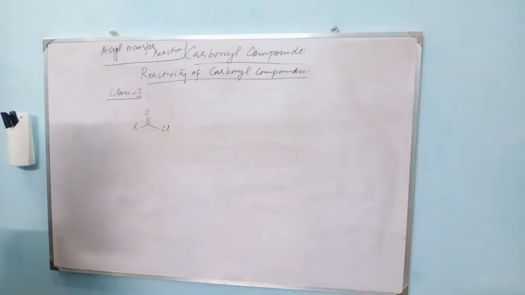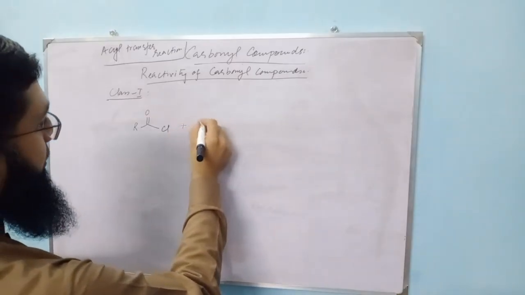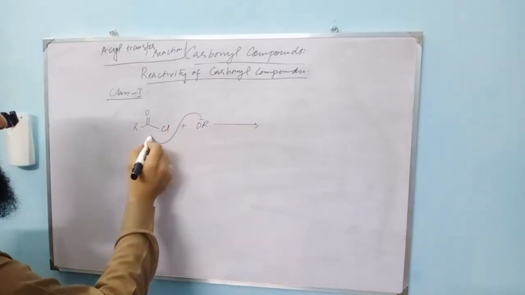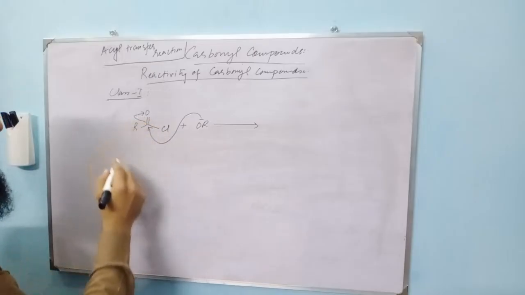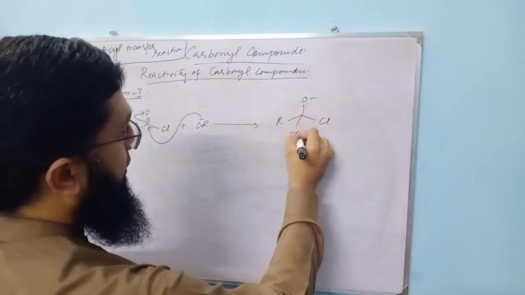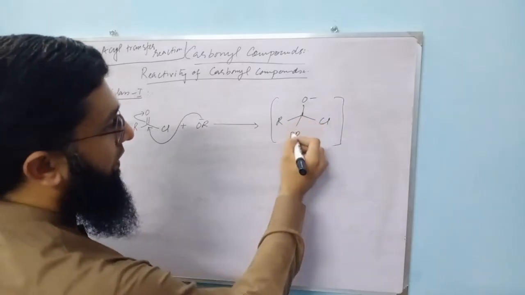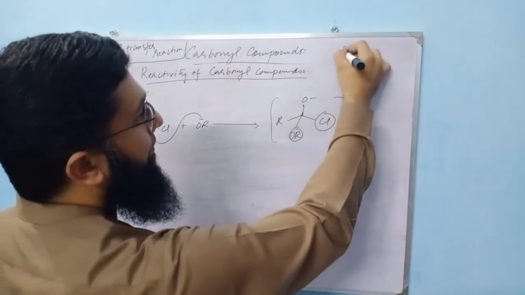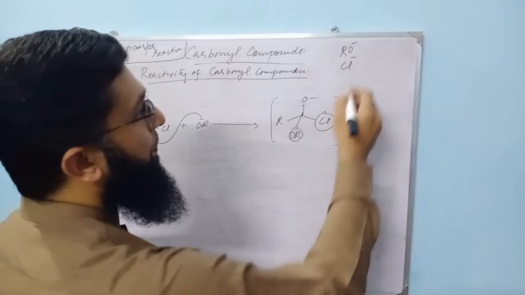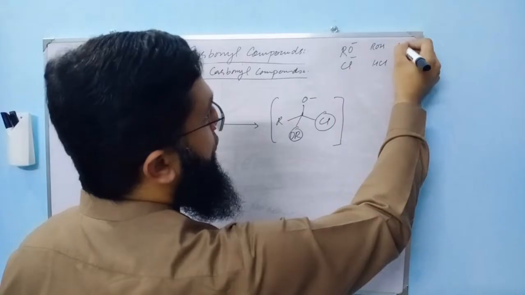For example, we have an acid chloride and we allow it to react with an alkoxide, OR. So as we have seen in the general mechanism, this alkoxide would attack on the carbonyl carbon, and as a result of it we would get this intermediate. And now we have these two bases, OR negative and Cl negative, and we know the pK value of their conjugate acids. So the conjugate acids are HCl and alcohol; this is -7, this is 14 to 16.